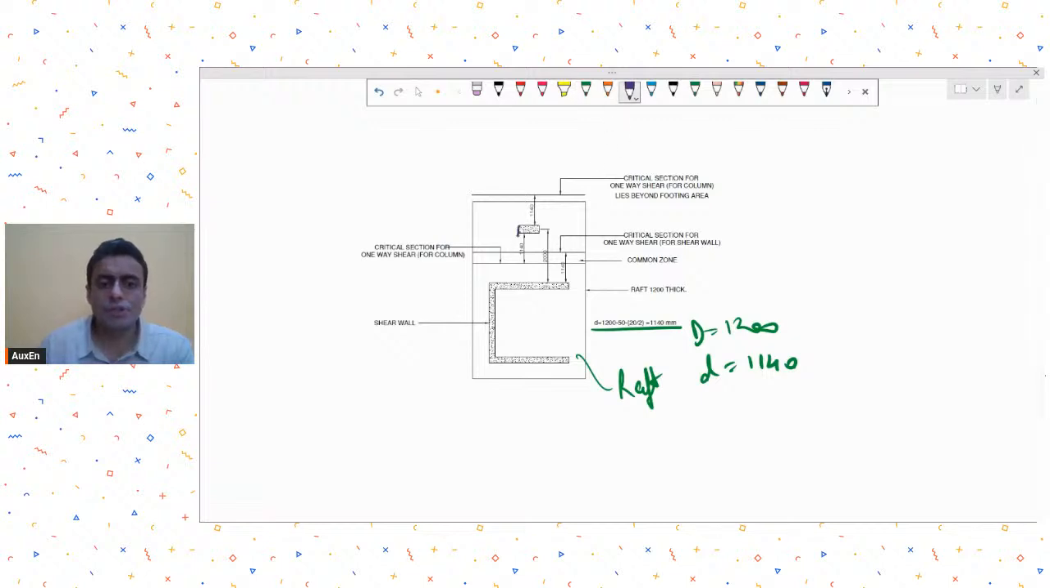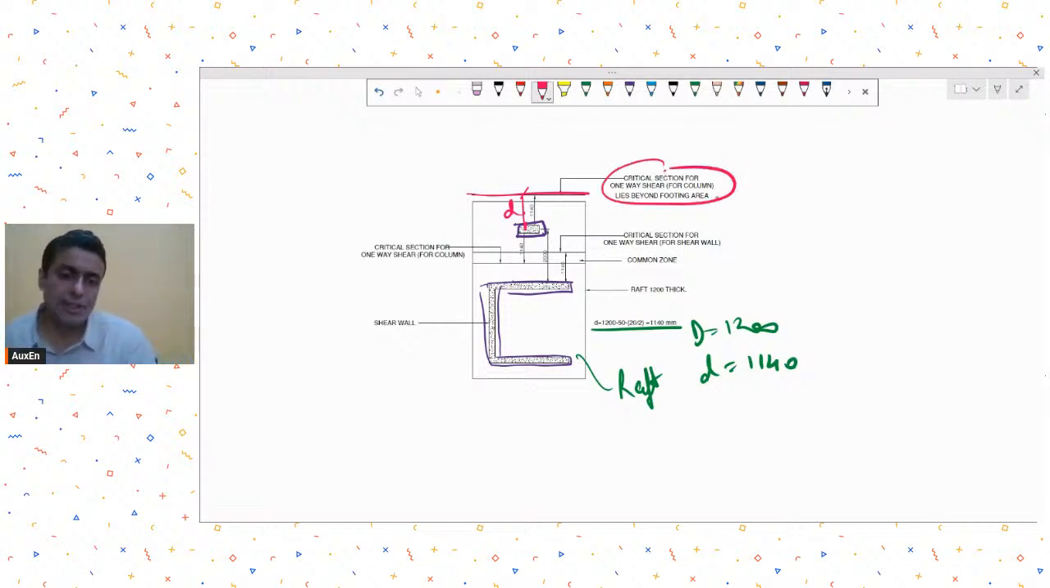Now if you see, there is this column and then there is this wall, RCC core wall, whatever. For this column, the d distance lies outside the footing. So the critical section for one way shear lies over here. If such a thing happens, what does it physically mean? What does it physically indicate if the critical section is lying outside the footing extent? If I were to draw a section,